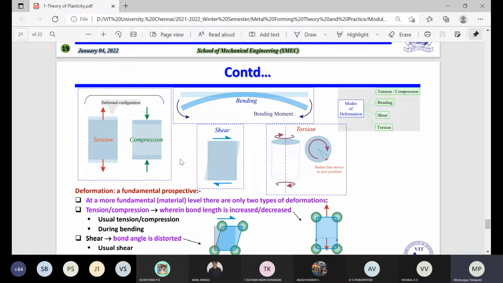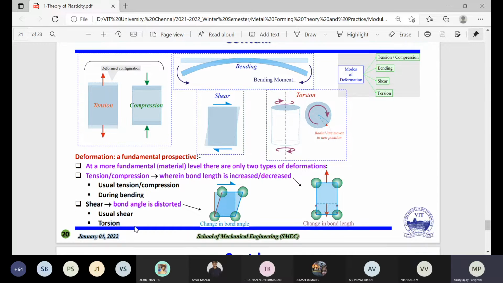And we have the shear actually. When you have shear, you are giving a force from the top side and also from the bottom side, so this goes towards slip, on the top and bottom. Another one we have is torsion. Torsion is like squeezing, for example a wet cloth. Normally we squeeze it to remove the water. In a similar way, you have to squeeze in both directions, so that the material becomes like a torsion kind of structure. Now, in another schematic diagram I put here, at a more fundamental material level,